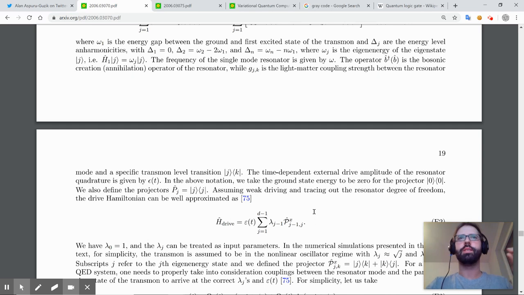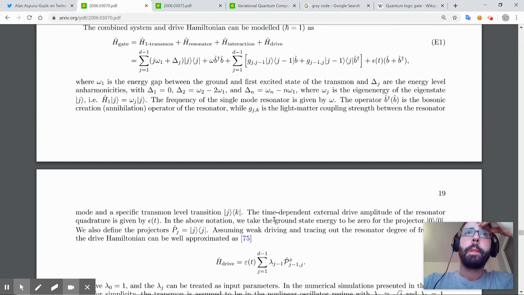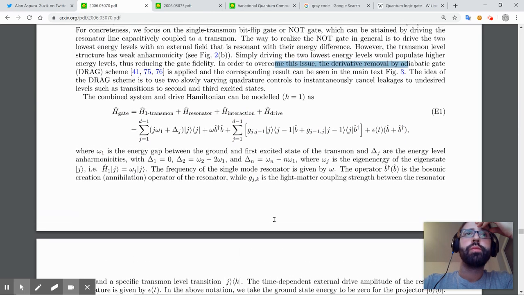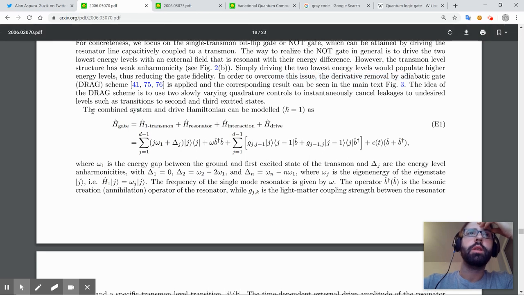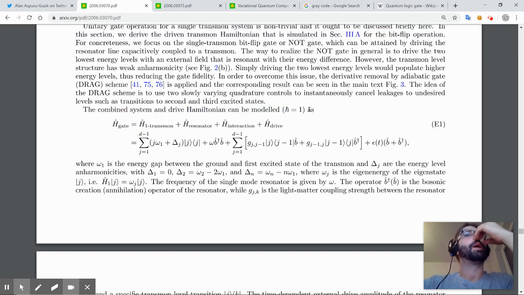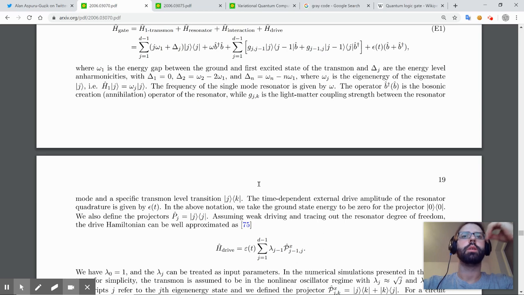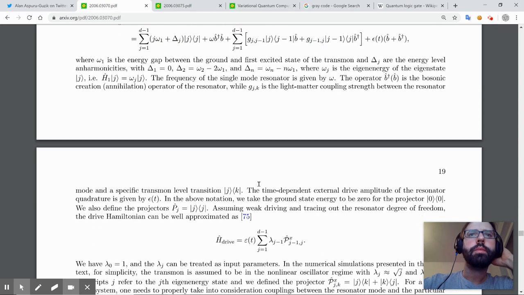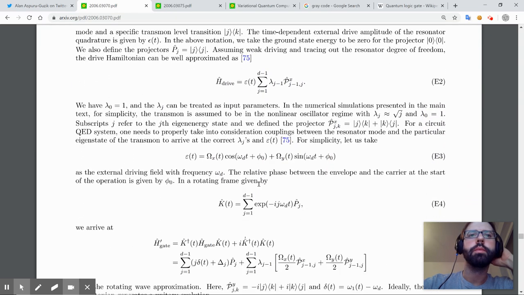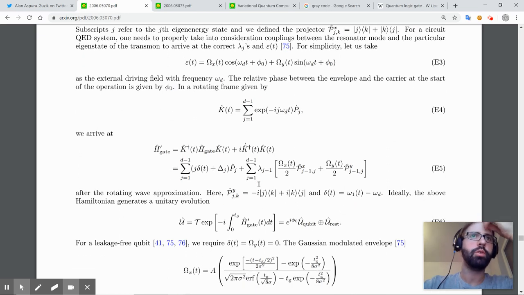But I'm trying to cherry pick the higher level ideas here, for where simulation is used. And okay, so here they basically say we apply this fancy technique and we get a combined system Hamiltonian. It's a Hamiltonian for the system and the drive, if I understand this well. So the whole system: one transmon, resonator, interaction, and drive. So you're adding all these. So you do some fancy math and you get to